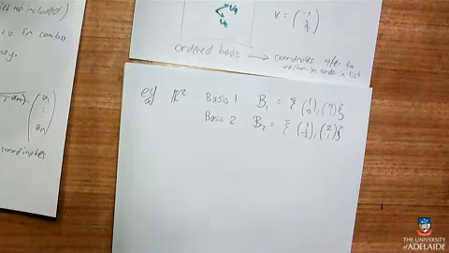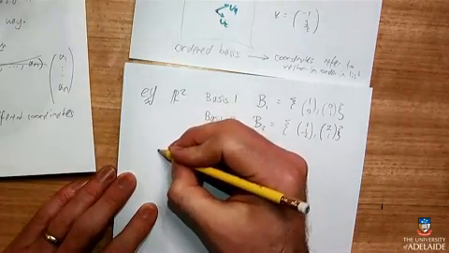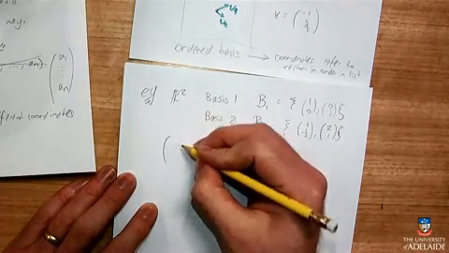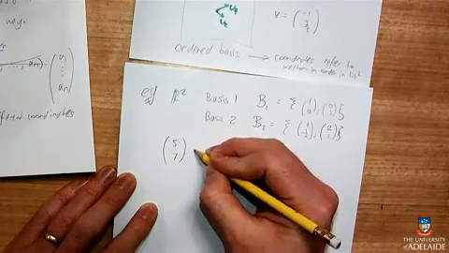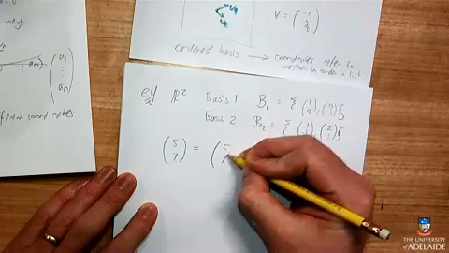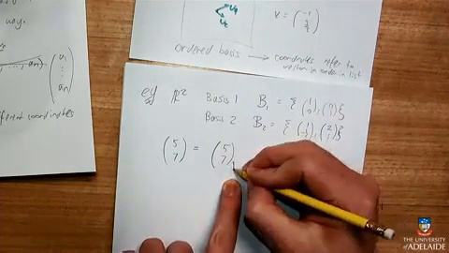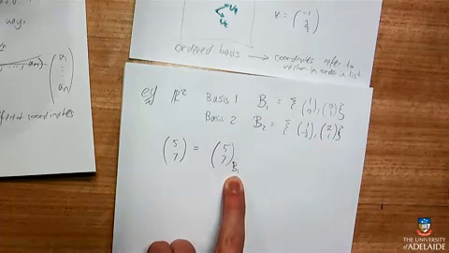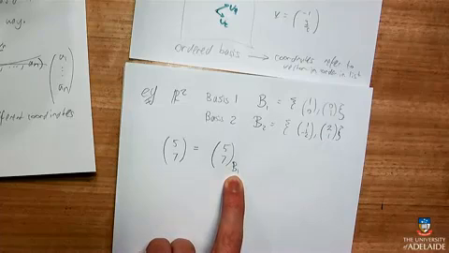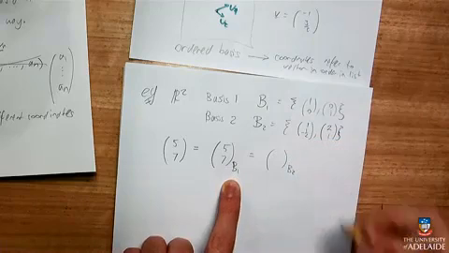So any vector in R2 can be written in terms of both of those bases. For example, the vector (5, 7), in terms of the first basis, is just (5, 7). I'm going to put a little 1 here to say it's in terms of basis number 1, because that's already the basis that creates the coordinates this vector has. But it would be something else in terms of basis 2.